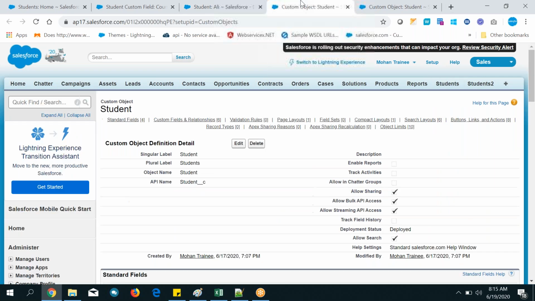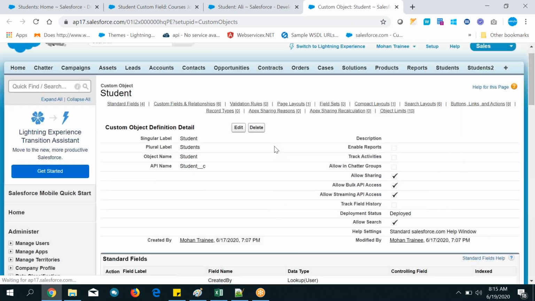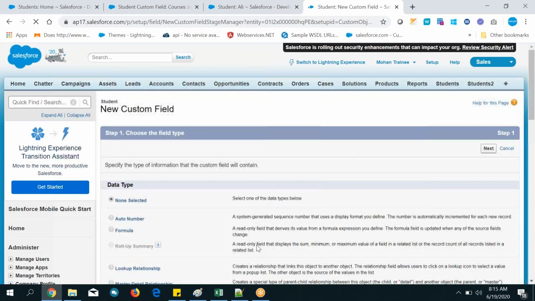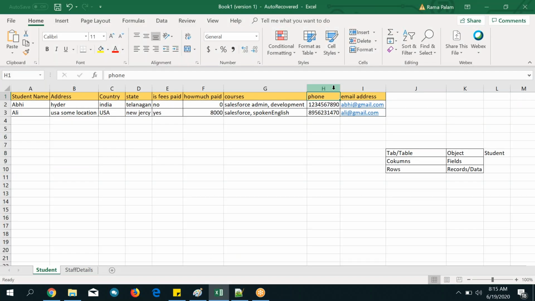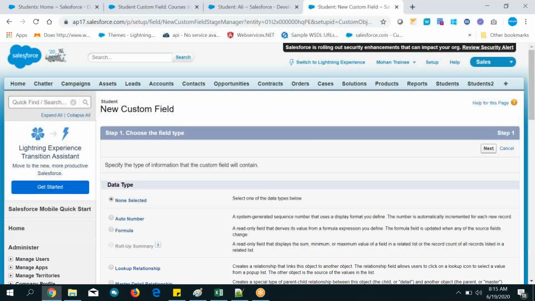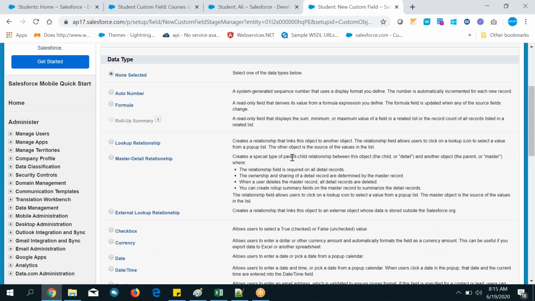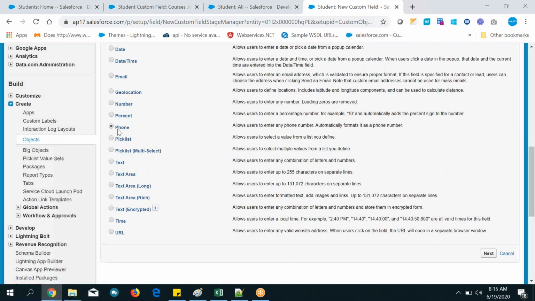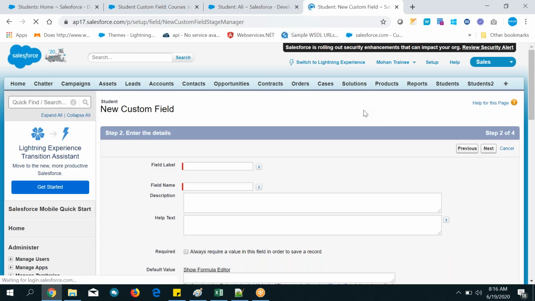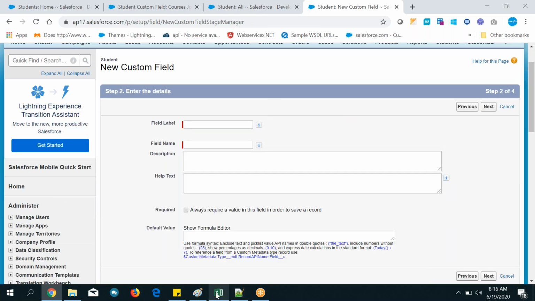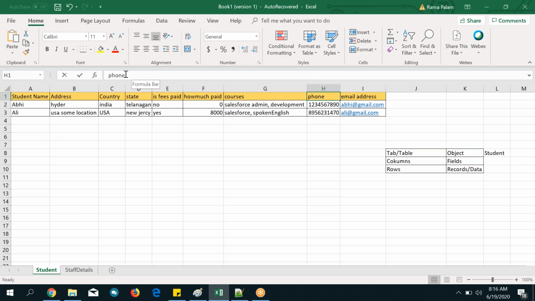Next. So go to that object, create the next field. So what is the next field, guys? Phone number field, I want the student phone number. So phone number, 1 second. Okay. So I want to store the student phone number. So you need to select the phone data type only. For phone related things, you can select the phone data type. So click on the next button. Okay. So here you can add that phone, copy this one.